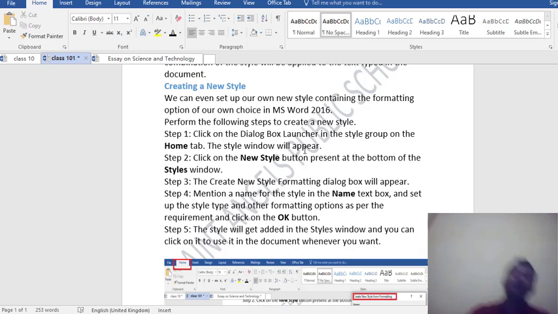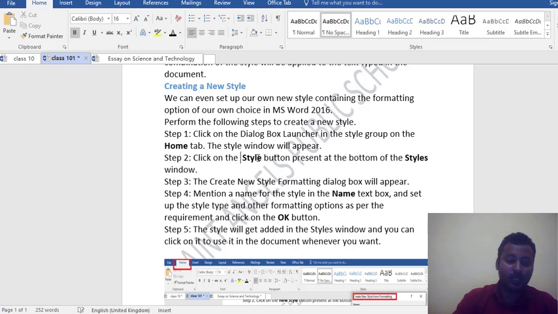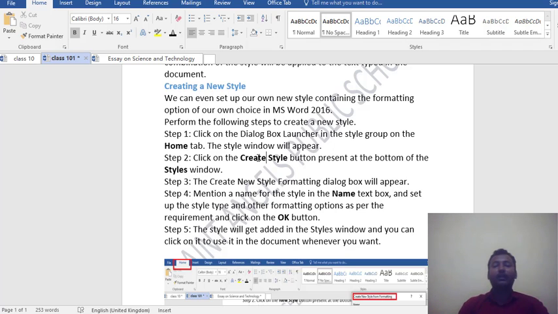Second step, click on the new style button or create style button present at the bottom of the style window.